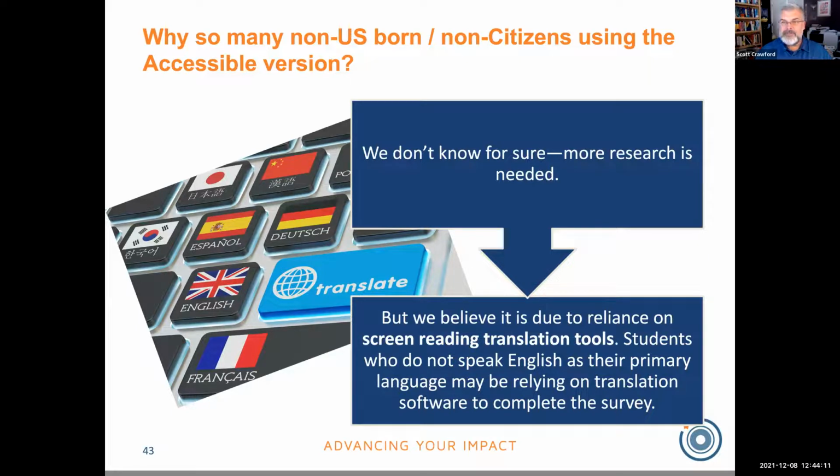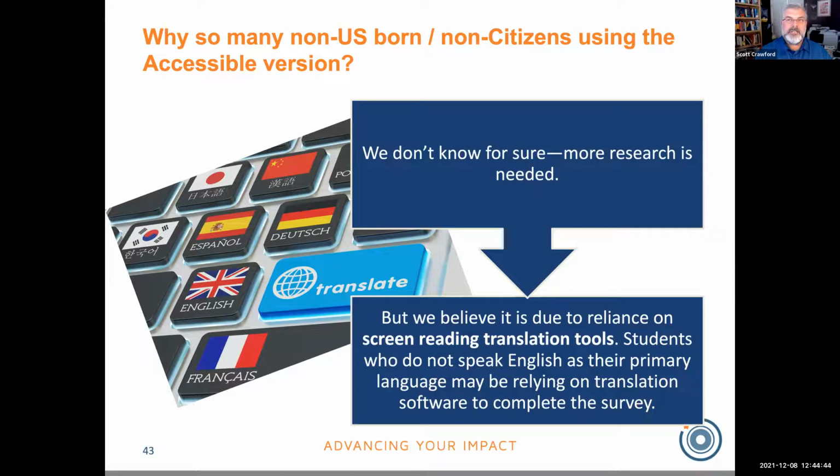Just like screen readers are used for helping people with low sight, you can have a screen reader do an automatic translation for you. This raises a whole lot of issues for survey methodologists, as you can imagine. Usually we're very controlling about what sort of translation is presented to respondents within a survey. We don't know if this was actually happening, but I suspect this is probably what it was, given the population